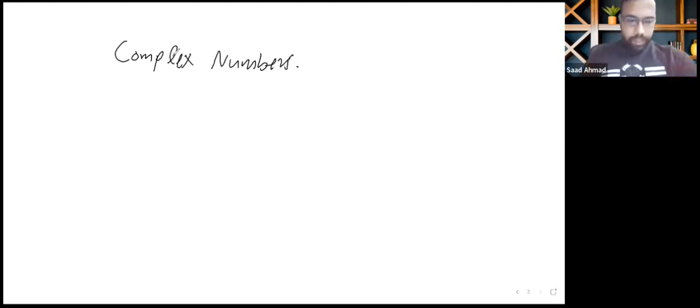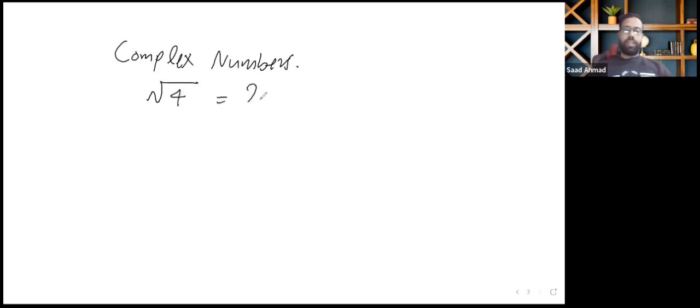So the next one is complex numbers. Complex numbers. So the thing with complex numbers is the idea starts from here. Let's say I want to do the square root of 4. The answer is 2. But if I want